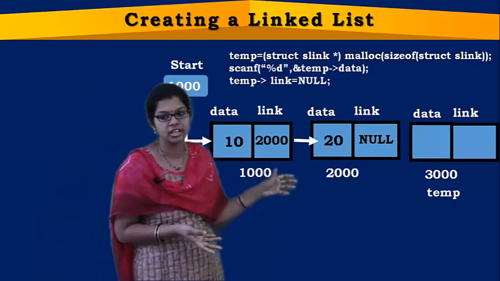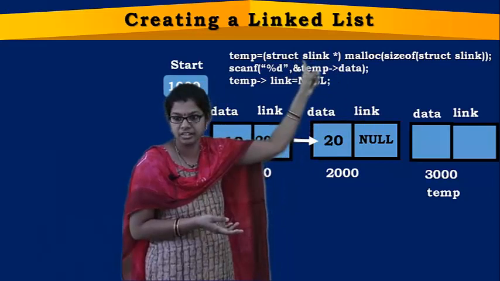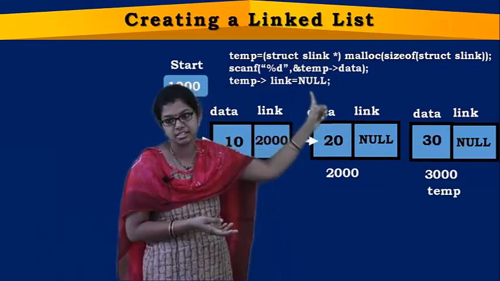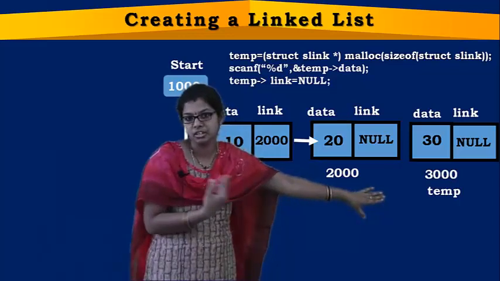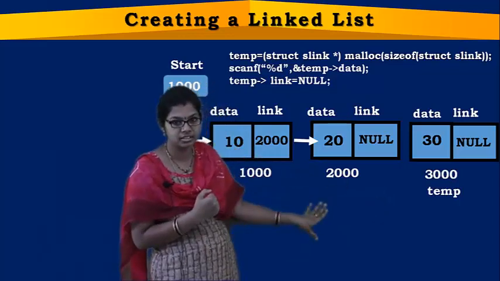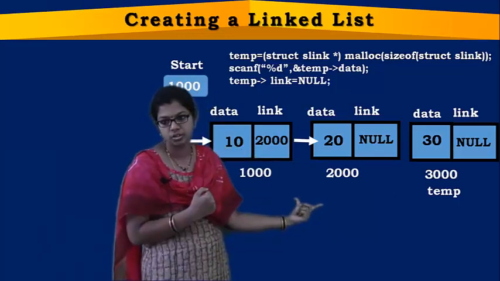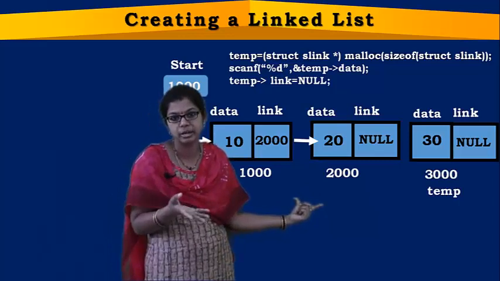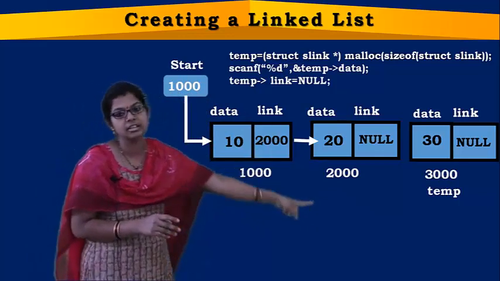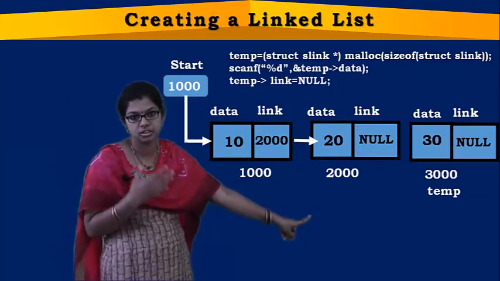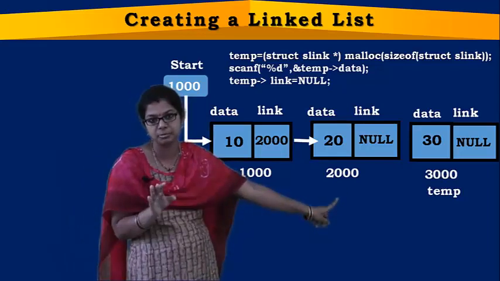Suppose again you want to create a new node, same process. Allocate its memory by using malloc, divide it and then read its data part, assign its link part to null. Again you have to establish a link between the singly linked list and the newly created node, right? Now this node has no pointer, I mean it has no name, you can't identify it, right? Again you have to traverse from the first node till you reach this node. How do you recognize that this is the end node? If you get the link part as null, that will be the last node.